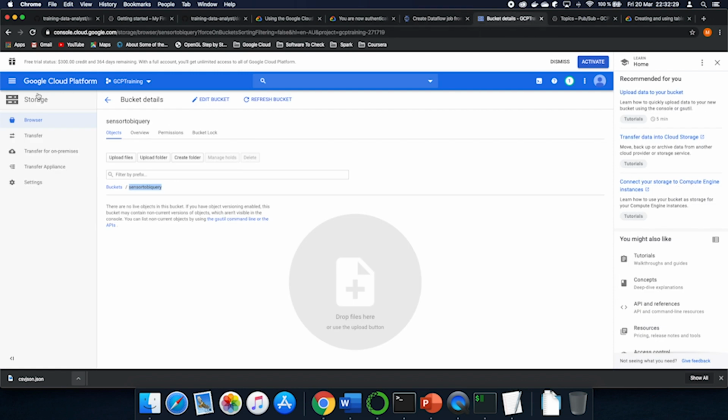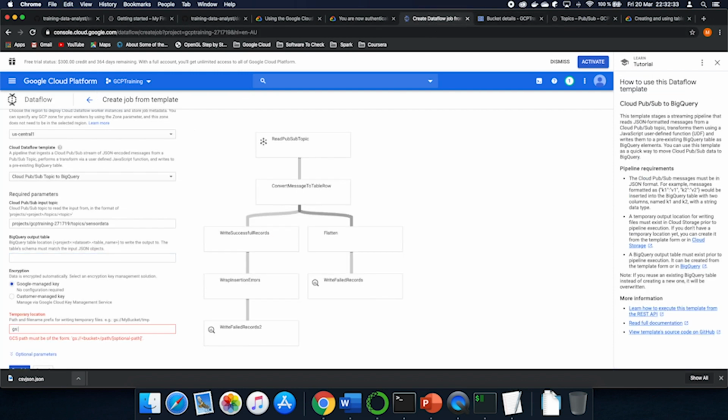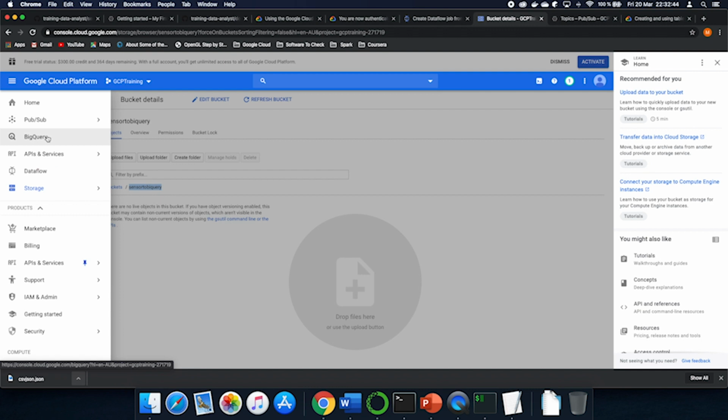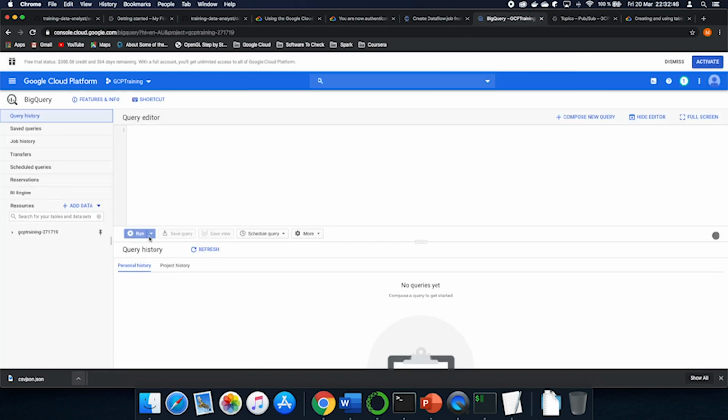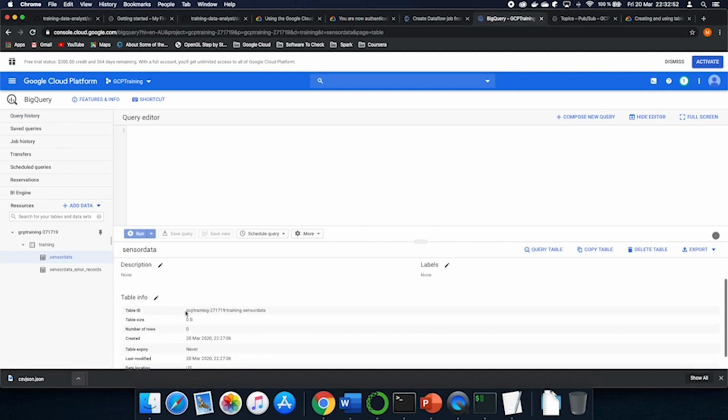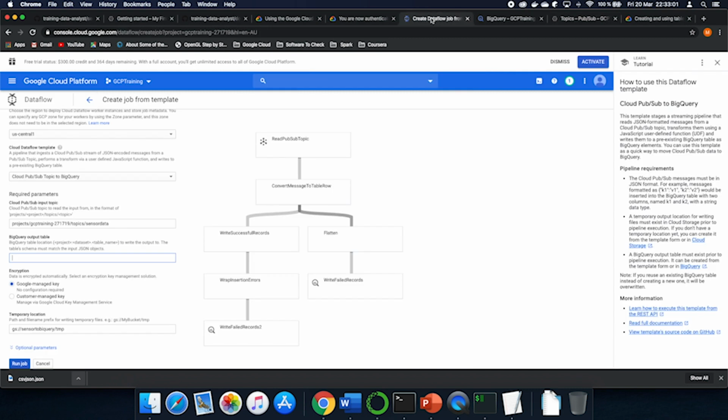Go back to Bigtable and storage to get my storage and /tmp, and then we go to BigQuery and get the sensor data, and we are ready to go.